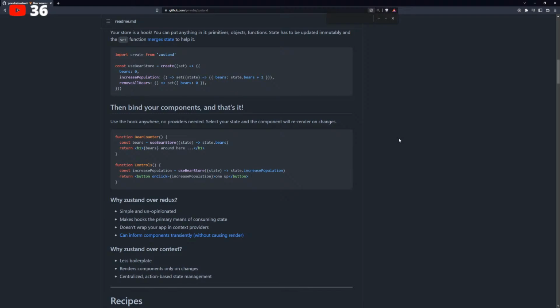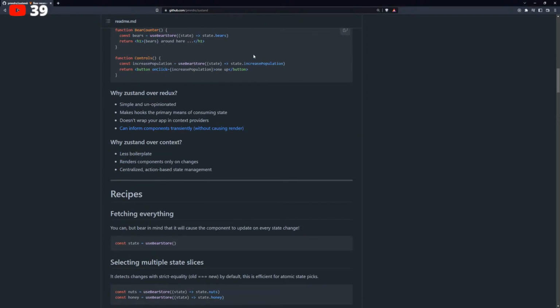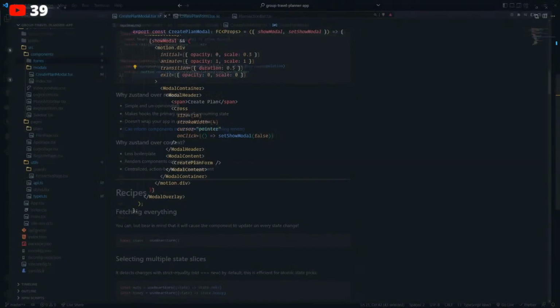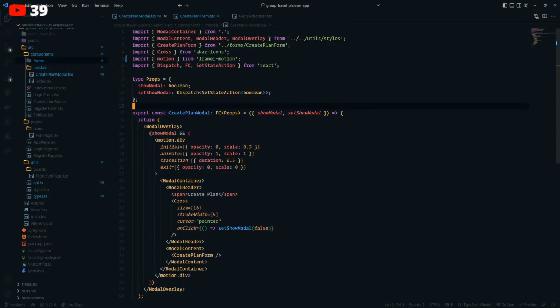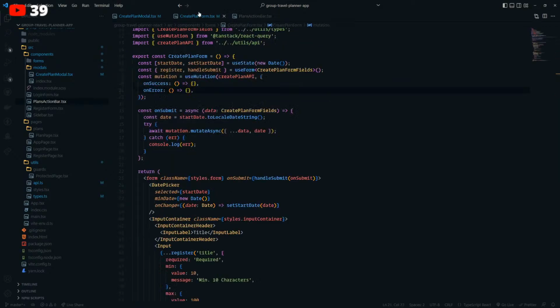What's your favorite state management you've used? Well, I don't really have a favorite one because I've only ever used Redux Toolkit, right? So for me to say Redux Toolkit is my favorite is a disingenuous answer because I've only ever used one, and that would be very biased. I would really have to use multiple different ones before I can say which one is my favorite. But I'm not going to use any state management library right now because it's too early in the project. So for now, we'll only worry about using local state.